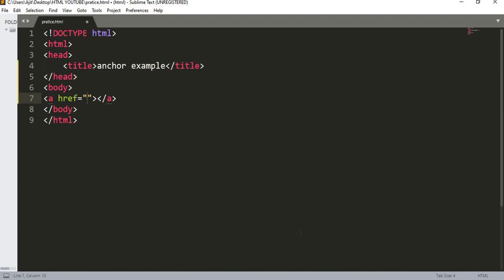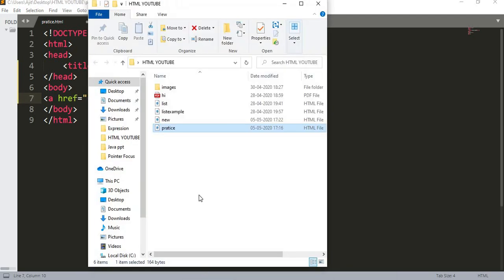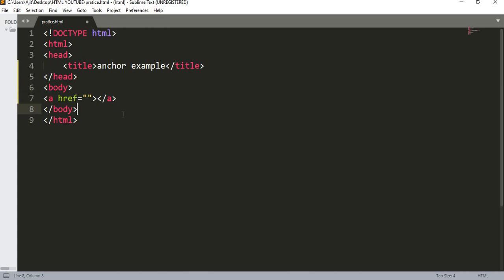I want my page to move from this particular practice.html to new.html. There is an already made file, as you can see, that we made in the previous tutorial, that was new.html. So I will write over here the file path, the reference link, new.html.